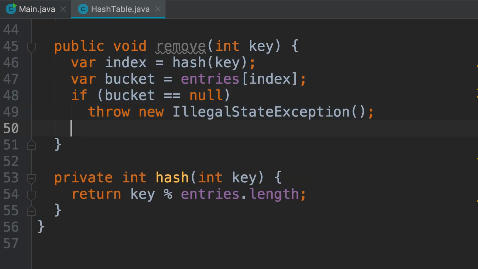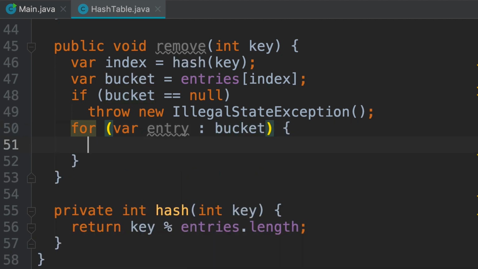Now, what if the bucket is not null? We're going to iterate over this linked list, get each entry, and compare its key with this key. If we find it, we're going to remove it. So for entry in bucket, if entry.key equals this key,